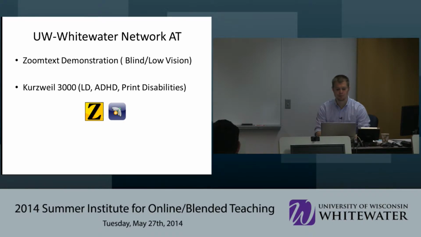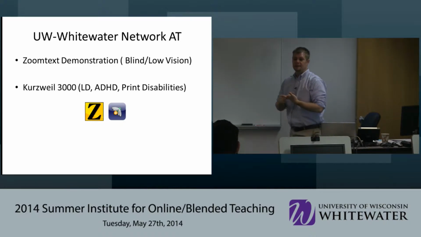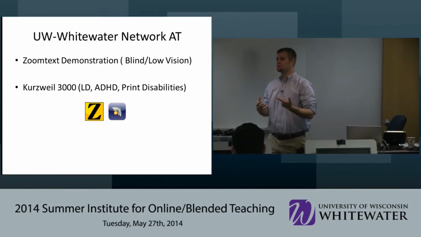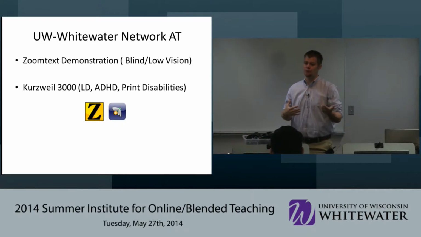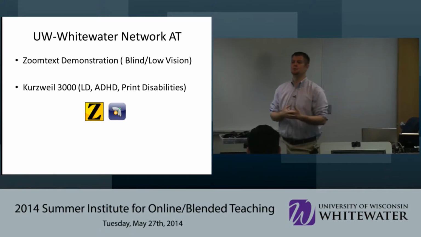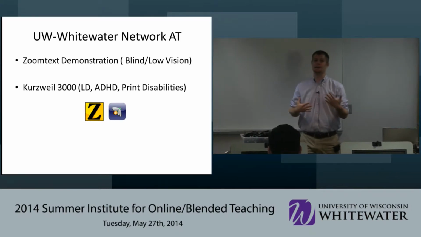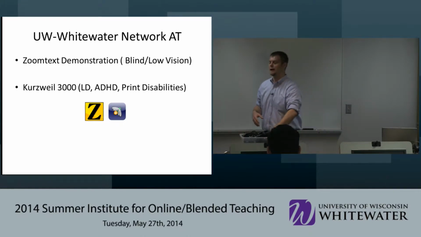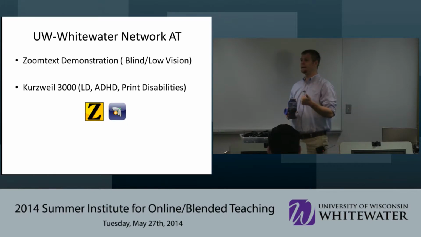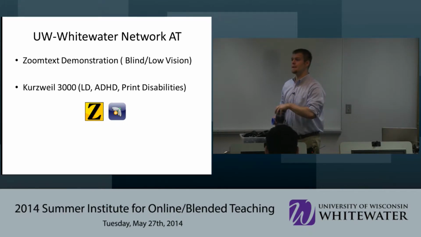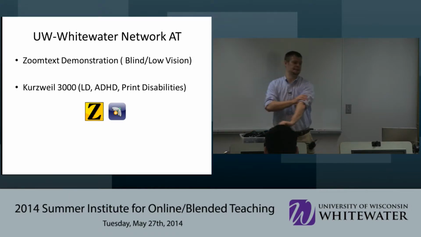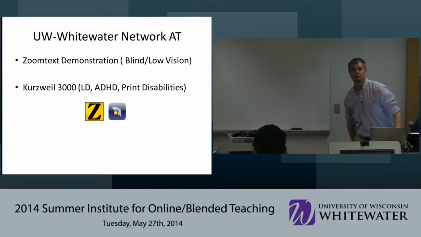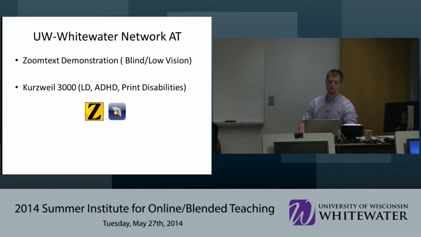Okay, so I was going to do a brief demonstration of both ZoomText and Kurzweil 3000. Kurzweil 3000 is software that started as strictly a tool for individuals with low vision and blindness, and it's really broadened into a tool for all learners. I know a lot of K-12 districts will not use this only for students in special education because they've broadened the writing tools within it and the brain mapping and brainstorming tools. So I wanted to briefly give you an overview of these two technologies and then cover a few other things.